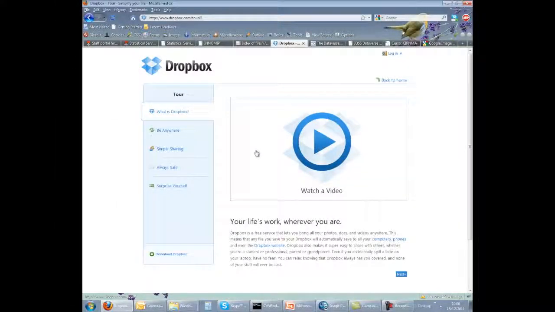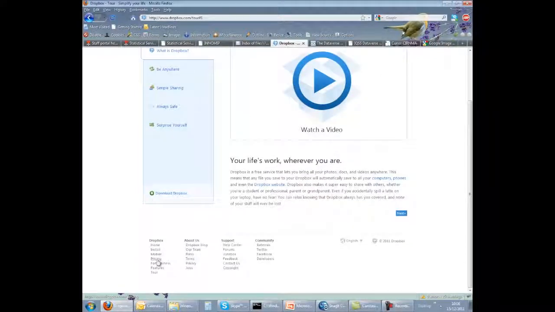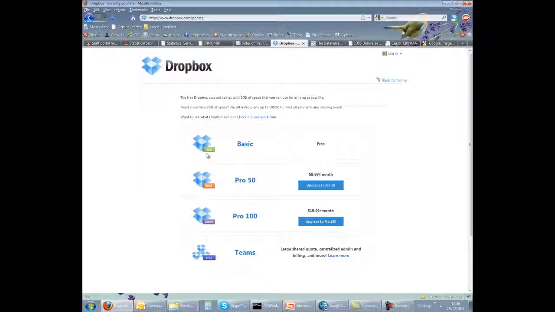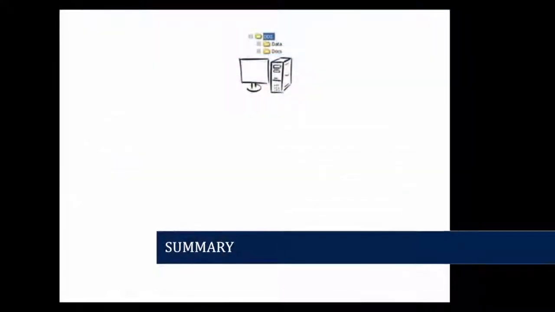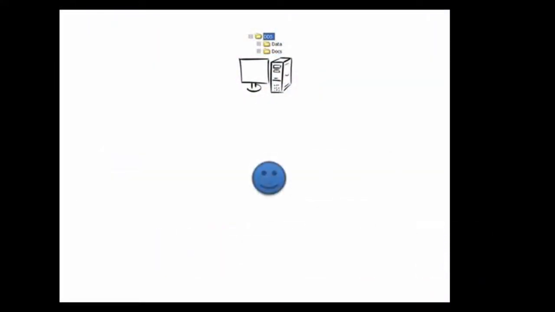Another option is to use something like Dropbox. This is a service that allows you to store and access your files from anywhere and to share them with anyone you choose. Dropbox is free for up to 2 gigabytes, but you would pay for anything more than that. Another option is Dataverse, which is a site housed at Harvard University, though this is more of an archiving facility. However, if you have a well-organized DDS throughout your project, then creating a Dataverse and uploading your project files to archive is relatively straightforward.